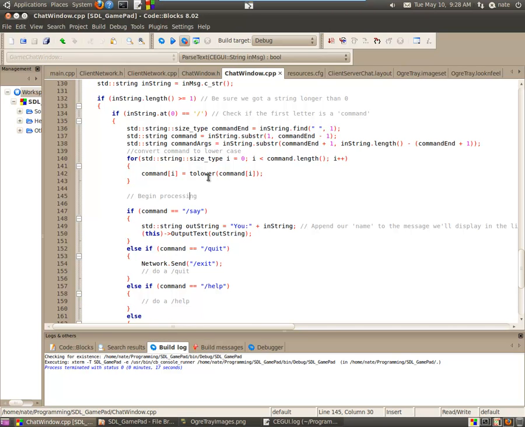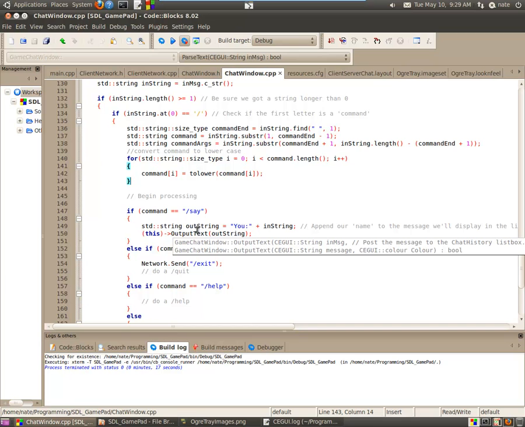It's the way to go. And it's a standard programming trick and method that's done a lot of times. You'll see that in a lot of different places, a lot of different code. That's quite common. And it does help speed up and simplify your text string comparisons and tests. So if command equals, in quotes here, /say,